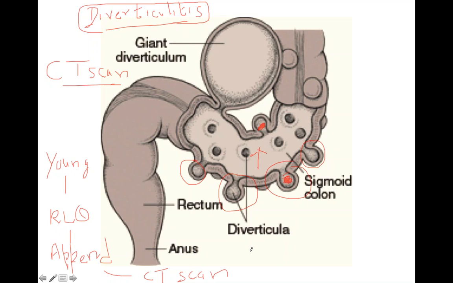So in diverticulitis, we give the patient intravenous antibiotics, which should cover gram negative and anaerobes. Always remember, this point is important. Whenever you have to deal with intestinal pathology, like the patient has a perforation of the intestine, and you are going for surgery, you have to give antibiotics which cover gram negative and anaerobes. Why? Because these are the bacteria which are present in the intestine.